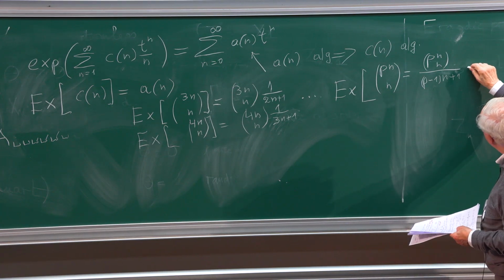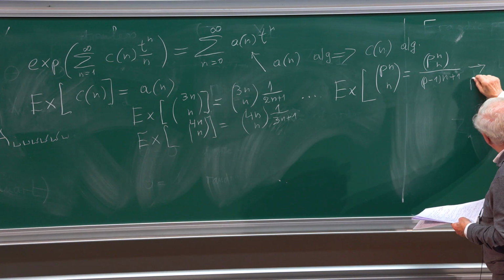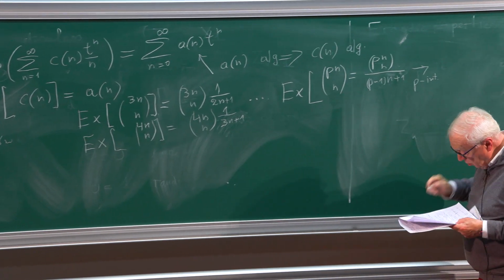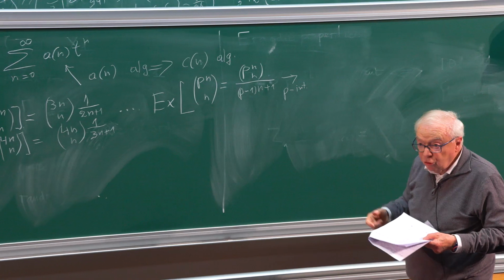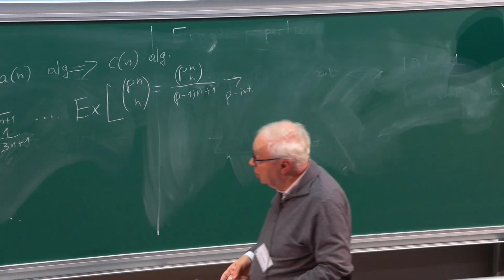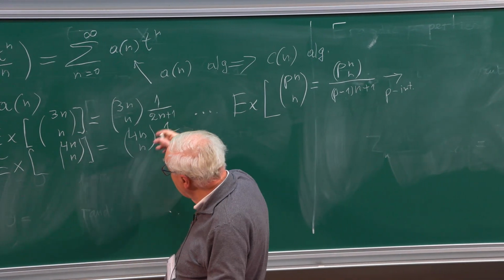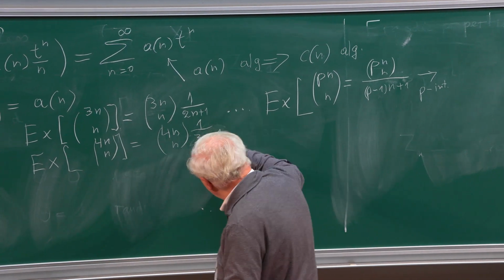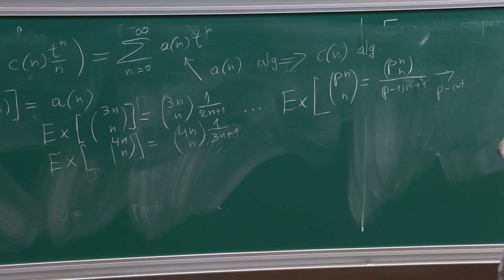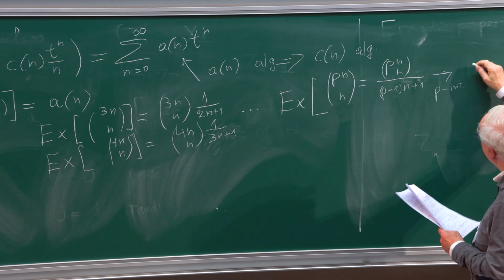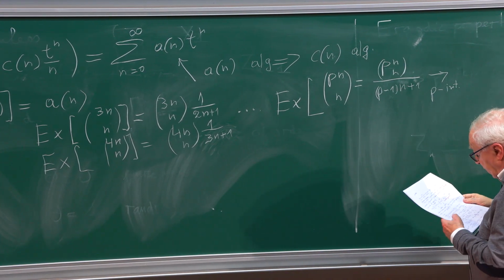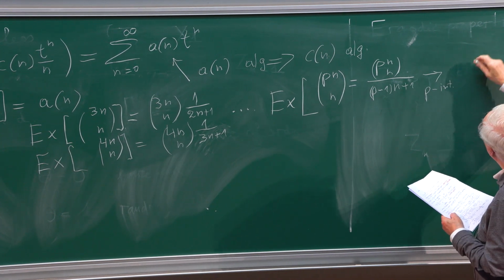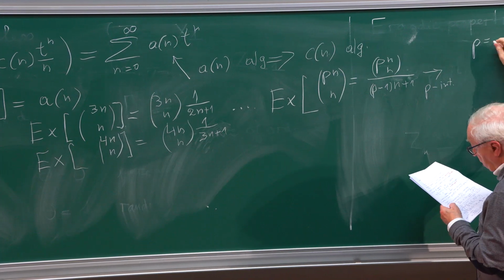Okay? And these numbers, for p integer, are called Fuss or Fuss-Catalan numbers. So this transformation brings pure binomials to this kind of Fuss-Catalan numbers. Okay? And for p equals 3,